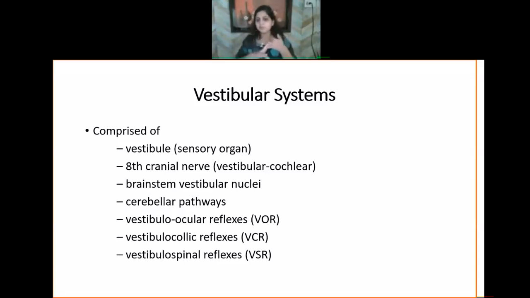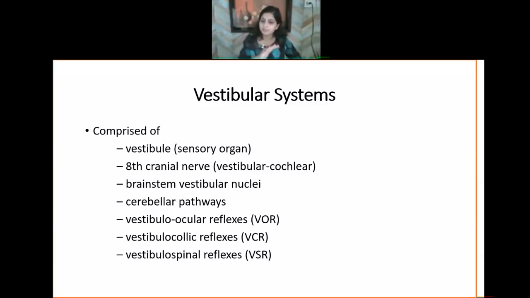The third thing is the vestibulospinal reflex. It is our balance. We achieve balance with the harmony of three things: visual stimuli, proprioception stimuli, and vestibular stimuli. Our vestibular system, our canals, and our otolith organs, the utricle and saccule, give the stimulation to the brain, and our brain realizes our balance.